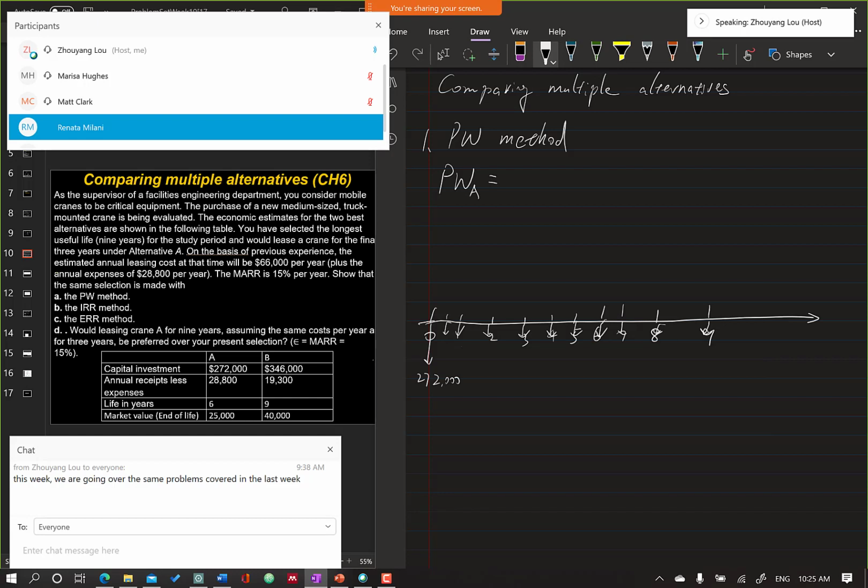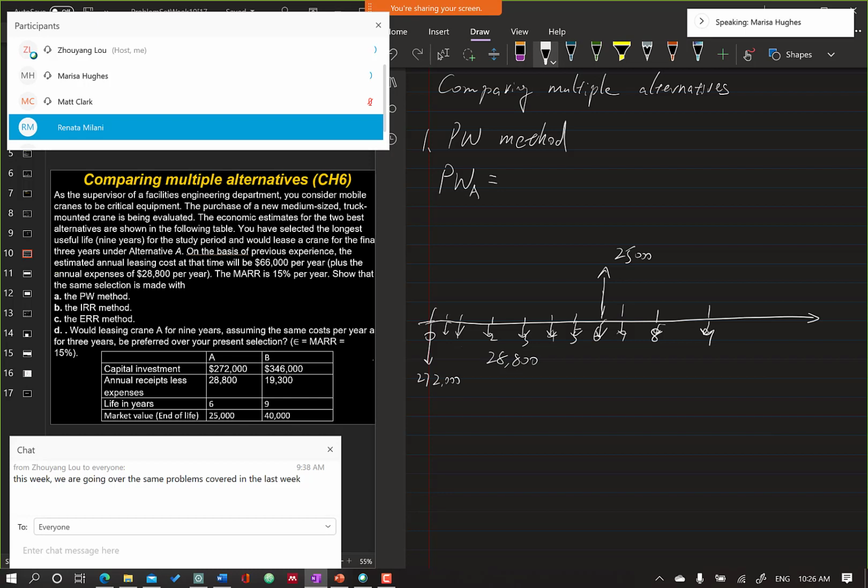So these small arrows will also have 28,800. And at year 6, we have this market value for A that would be 25,000. Okay, then